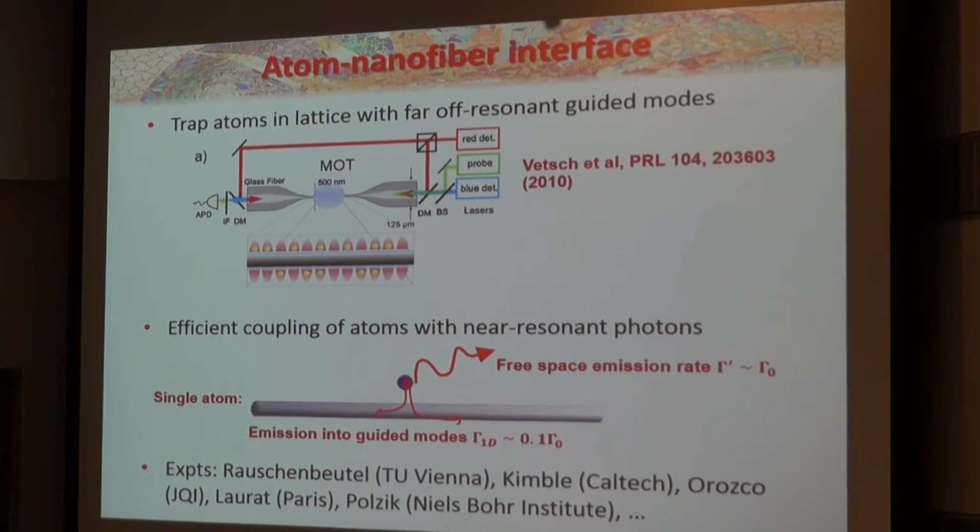But once the atoms are trapped there, the atoms can interface pretty efficiently with near-resonant photons that are guided through the structure. So imagine that you just have one atom that's trapped, never mind how. And what you can do is bring the atom up to the excited state and ask, with what efficiency does that atom emit a photon into the fiber versus into free space? So the rate that emits a photon into free space is more or less the vacuum emission rate. It's modified a little bit by the dielectric, but not by very much. And then you can emit into the guided modes in realistic fibers with about 10% efficiency.